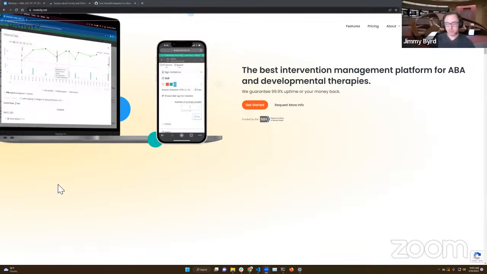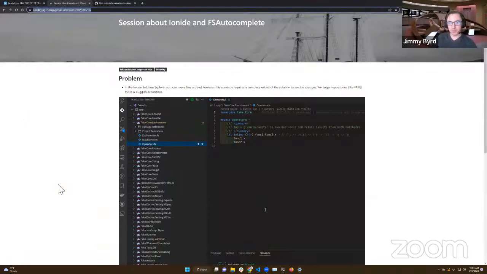But let's talk about the problem. What I do at work, we have a giant F# code base. And one of the things that we want to deal with is using VS Code and all its really great capabilities. But when you have a larger project, a lot of the tooling that we have around F# can be a little slow in places.